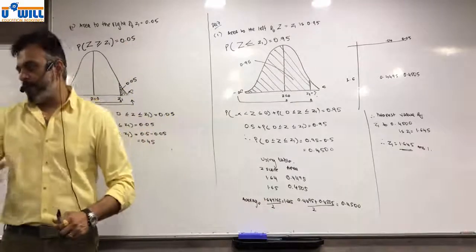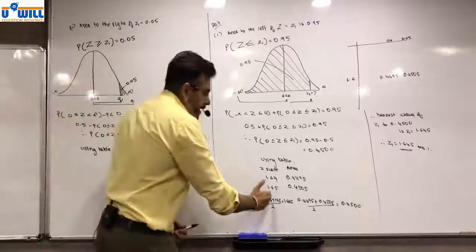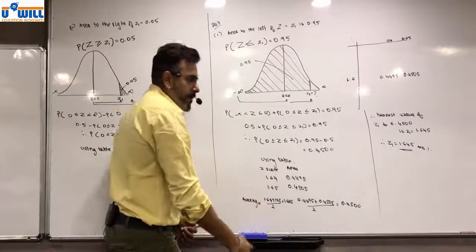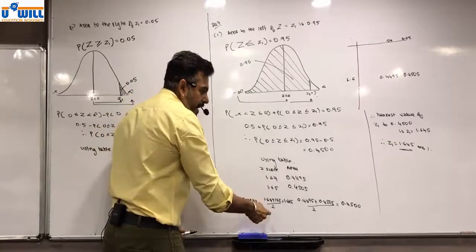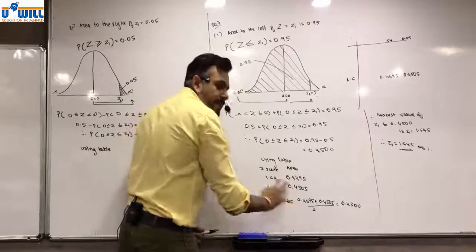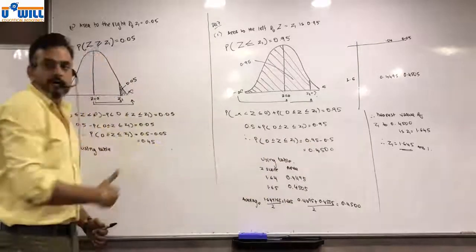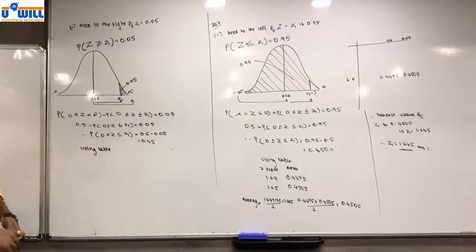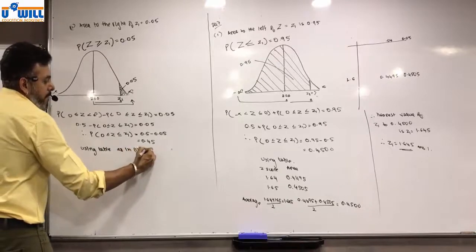Now see, you can refer the textbook working, okay? उसमें तुम देख सकते हो ऐसा दिया है from the table nearest value of 0.45 then area and then z score. पर मैंने थोड़ा modify किया है to make it simpler for you to understand कि पहले z score लिख दो 1.64, 1.65 and the average of both और area का भी average कर लो whichever is nearest to the 0.45. Understood this? Okay. So using table as in one above